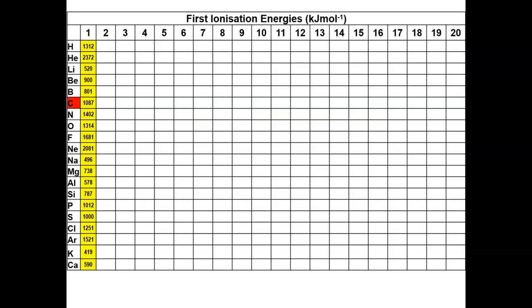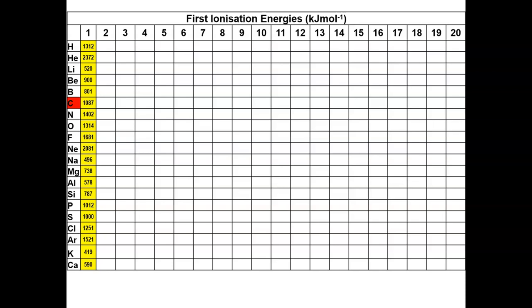Now, of course, just so you can pick it out, I've highlighted carbon in red. That was our 1087. Well, as you can see, it's just a column of numbers, isn't it? But if you look more carefully within that column, there are some really important differences and changes. First of all, can you spot the highest value of them all? Well, it wouldn't take you very long. And of course, that's helium,